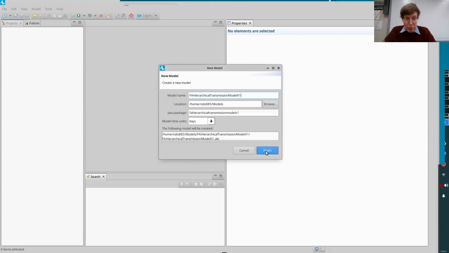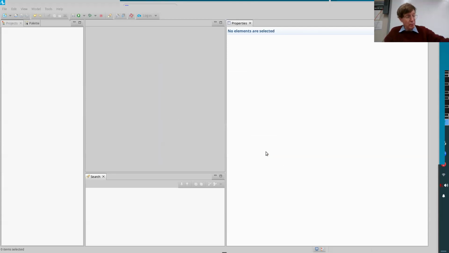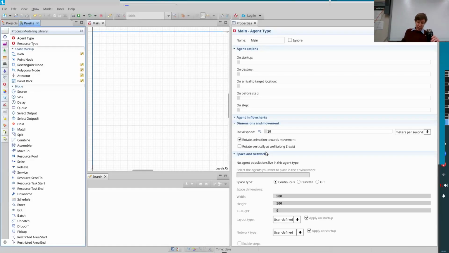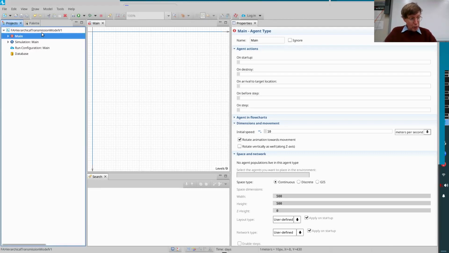I'm thinking that I might distribute this to people, even possibly in the course of the next hour, and I want to be clear that you're getting the right version, and allow you yourself to have earlier versions that might still work even if the latest one doesn't. Okay, so we've got this version 1 of it. What I'd like to do now is to go to main, and we're going to add in